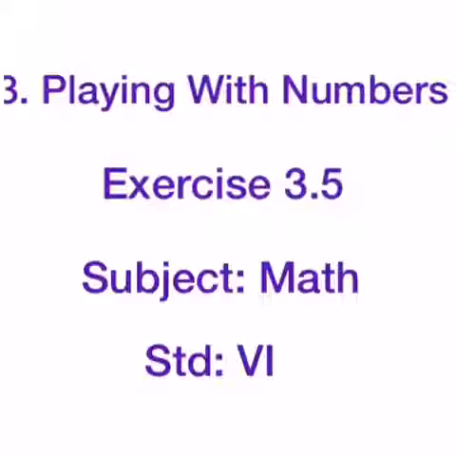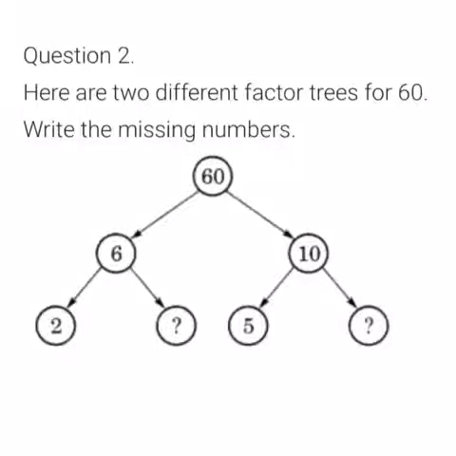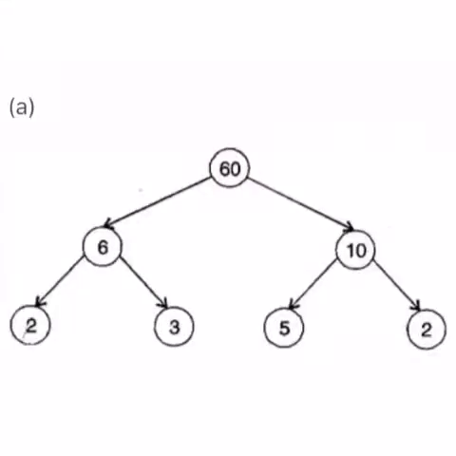In exercise 3.5 we have already completed question number 1 and today we will start with question number 2. Question number 2 is, here are two different factor trees for 60. Write the missing number. So children, you can see the first tree for 60 and we have to find out factors